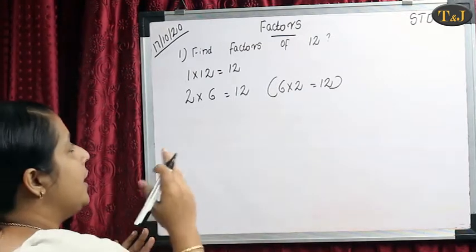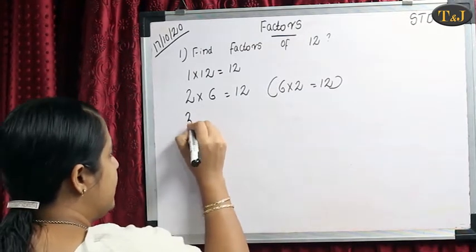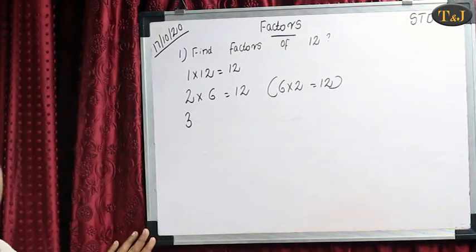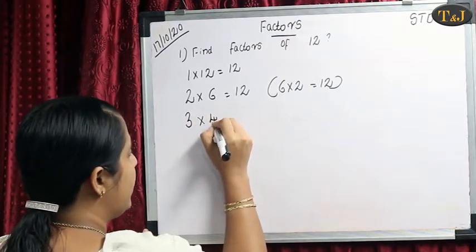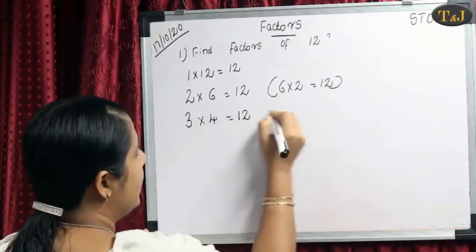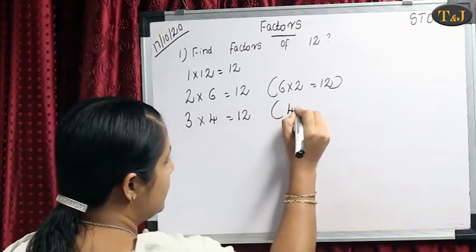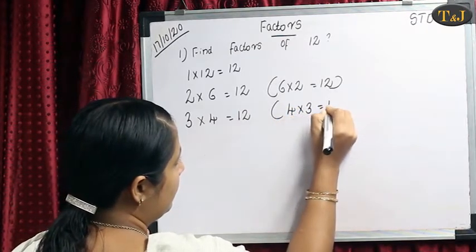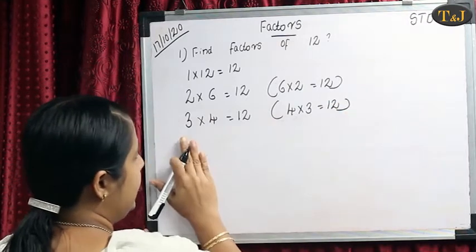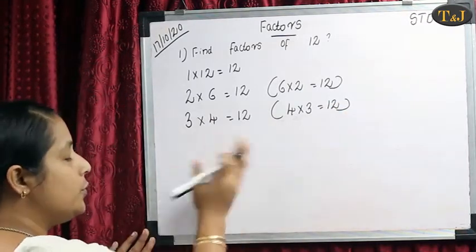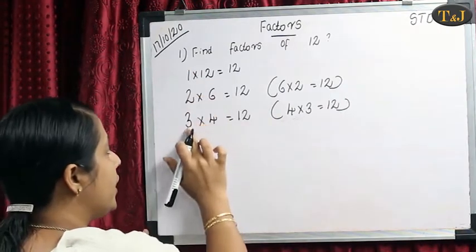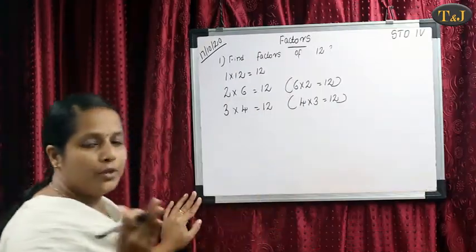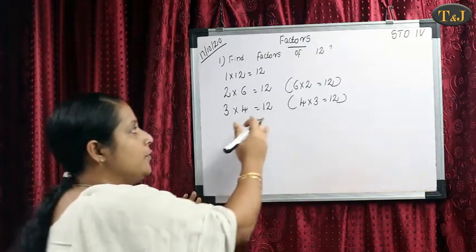Next we find the next table, that means 3's table. In 3's table there is the number 12. Yes, 3 4s are 12. In reverse order, 4 3s are also 12. So 3's table and 4's table both give 12. Next we find the 5th table, after checking the 1, 2, 3, 4 tables for the product 12.